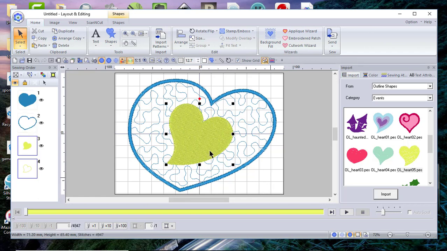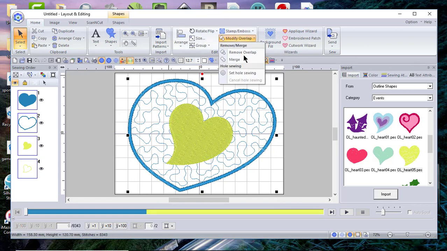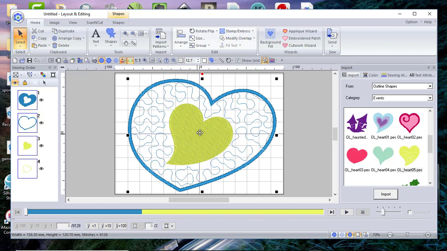Okay, if I'm satisfied with that, the first thing I need to do is the hole sewing. To do that, I need to select everything. And the reason I want to do the hole sewing is because I do not want that stipple to stitch out underneath this heart. So now that I've done that, I'll select the heart,